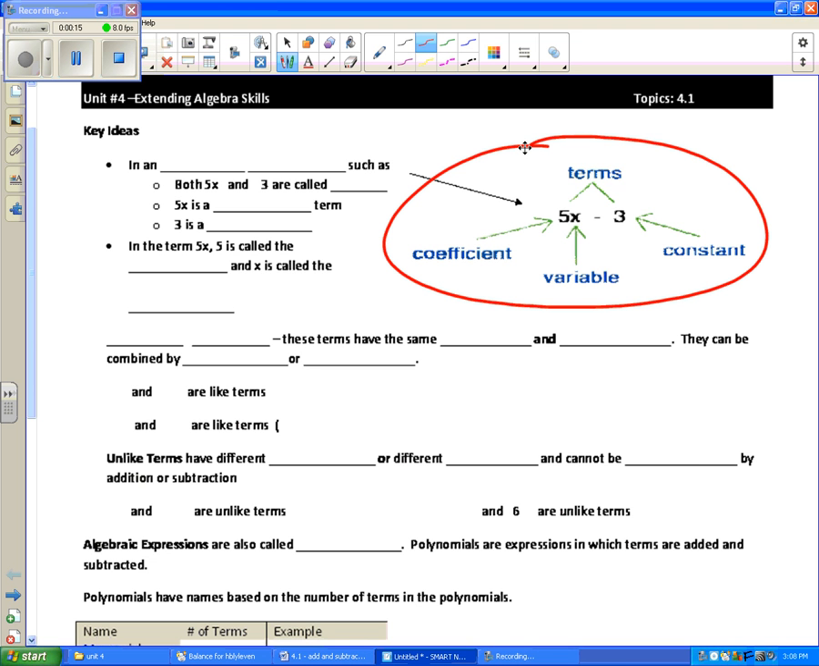When we start to look at terms, we need to look at terms a bit differently. Notice that we have a term here of 5x and another term here of -3. Now we can't add those together or do anything with them because they're different. But we're going to start filling in this note. In an algebraic expression,